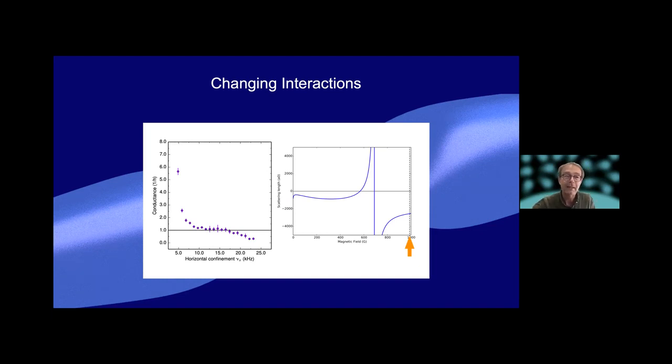And on the left-hand side, you see the conductance, and there you see that the conductance plateaus at 1/h. And now we increase the interactions, the attractive interactions. You could think that the system starts wanting to pair, but it's not yet superfluid. So what you see then is an increase in the conductance, which is not in line